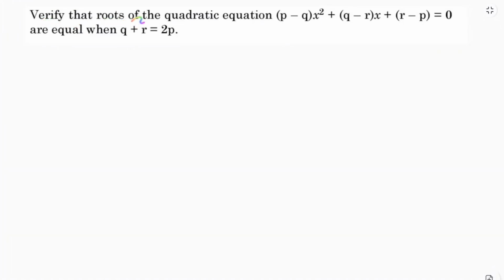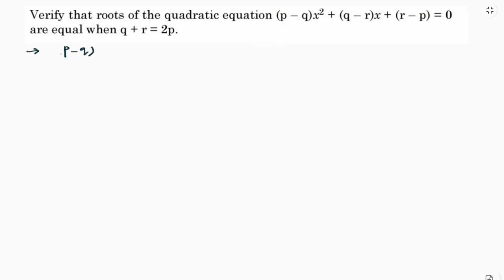Verify that the roots of the quadratic equation (p minus q) x square plus (q minus r) x plus (r minus p) equals 0 are equal when q plus r equals 2p. Fine. So here we need to prove the discriminant is 0. So before that, the given quadratic equation is